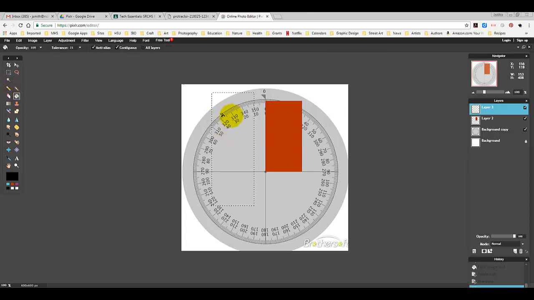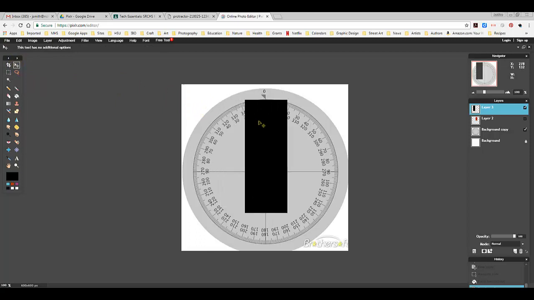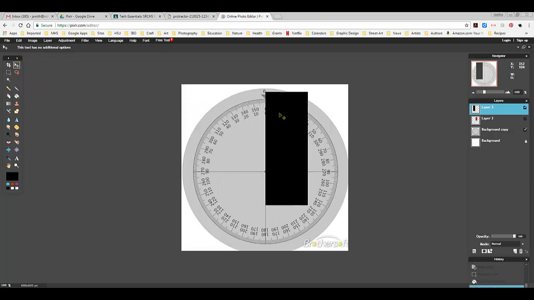So with the paint bucket tool, I'll click inside of there, and I will push Control D to deselect that. I'm going to temporarily turn off the visibility of my orange segment, so I'll unclick that. Then with the Move tool, I'm going to move this guy over here, and I'm going to rotate this to